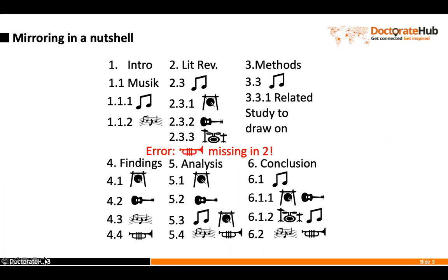So if the data tells us there is a guitar, then the literature review perhaps also will need to cover guitars, and in the analytics and the conclusion, we also should mention guitars. If this is not the case, then certainly something would not be as expected. Now, in this case here, you clearly can see that the literature is not covering a trumpet. So